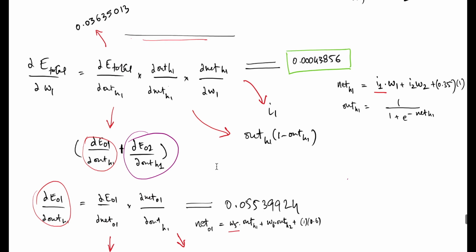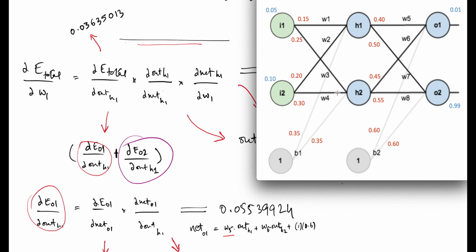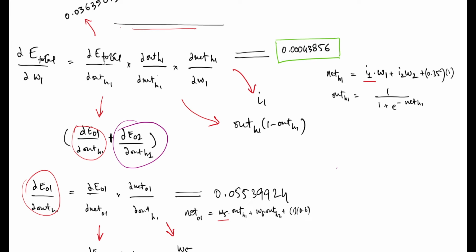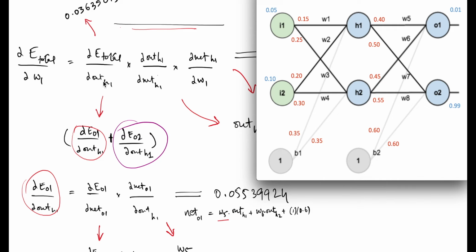The trickier part, however, is that w1, w2, w3 and w4 need to be updated. The problem with this is when we look at w1, notice how it gets some contribution from error o1 and error o2 as well. When we were talking about w5, we only had contribution from error o1. With w6, only contribution from error o1, but for w7 it was error o2. I am not sure if you noticed, but in the equations we are basically using error o2 because it's out o2 minus target o2 for w7 and w8. But here we need to know that there is a contribution of error total from error o1 and error o2 for w1,